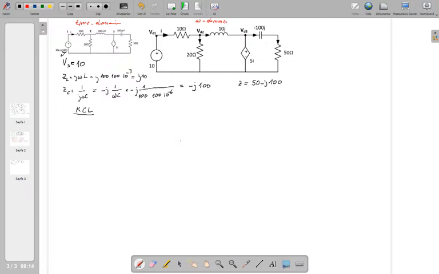Then one of the nodes disappeared, isn't it? So that means I'm going to write fewer equations. That's a good practice of serial connected element replacement. You need to pay attention here. This is something that you cannot do in time domain. In time domain, you cannot replace those two elements with one element. But in frequency domain, you can replace those two elements' impedance with just one element. So that is one of the advantages of the frequency domain.